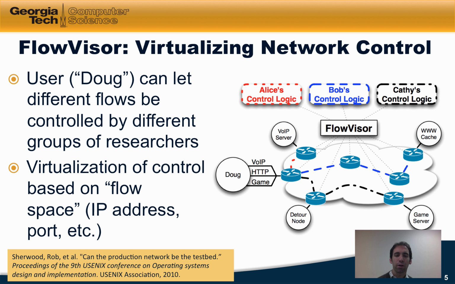The idea here is basically that some subset of traffic flows based on IP address, port, and so forth might be specified as being controlled by an experimental network controller as opposed to the production network controller. We'll talk a lot more about virtualization of network control when we discuss the nuts and bolts of SDN control